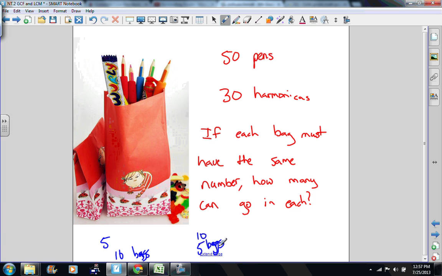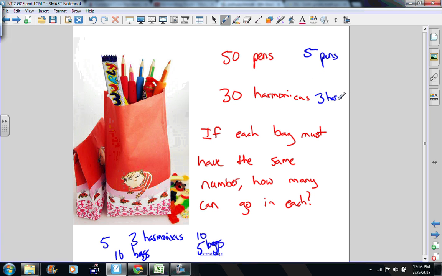So all I'm really looking for is, if I split them up into 10 bags, how many harmonicas would be in each? Because obviously we don't want 5 bags, we want as many bags as we possibly can. So if it's 10 bags, that means there'd be 3 harmonicas in each. So the answer would be 5 pens,